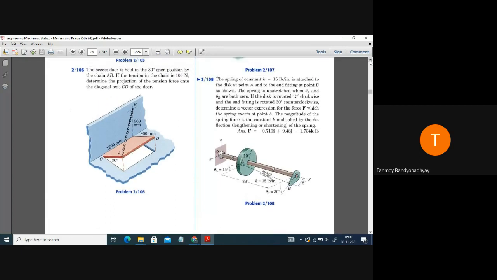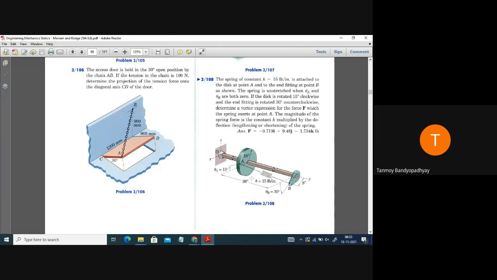So I will be doing the last problem from this one, force system 2106, and maybe today or on the next class we will be doing some more problems on moments from the 3D, and then we will conclude this chapter. Maybe tomorrow or Saturday we will be completing this chapter, and from Monday onwards I will be starting the next chapter, which is equilibrium of forces. You can continue doing the problems. You can ask whenever you are having a problem in any chapter.